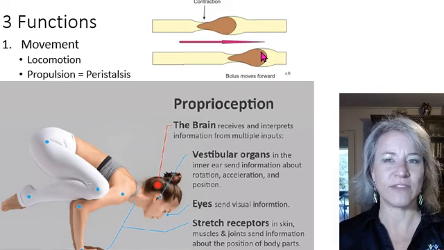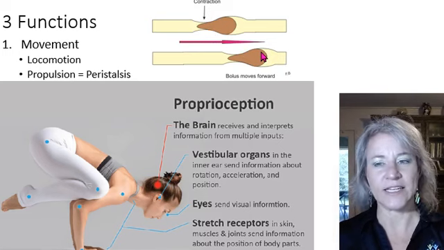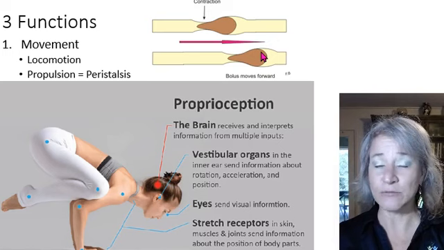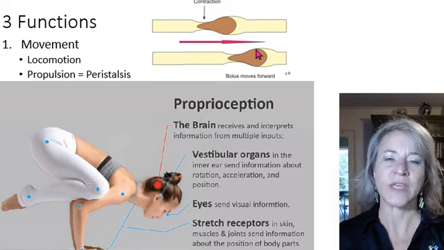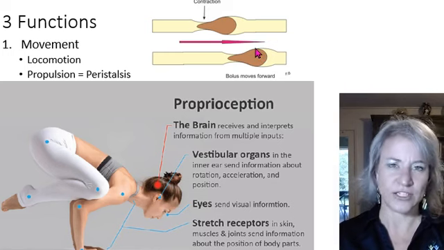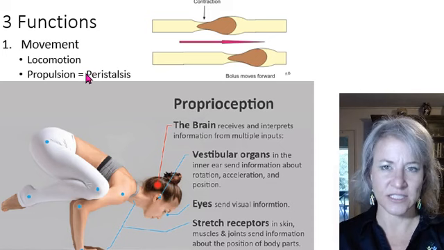This type of movement is performed mostly by smooth muscle or visceral muscle, in which there's this long rolling contraction, and it is also known as peristalsis,